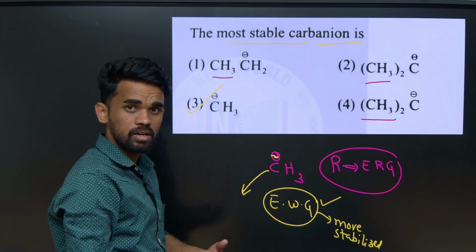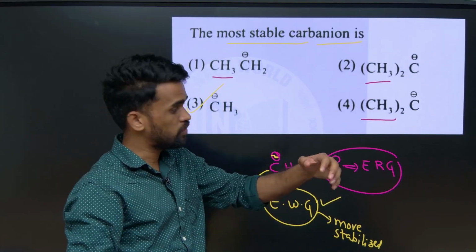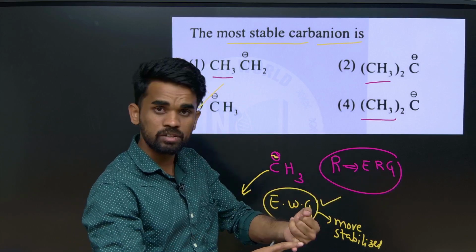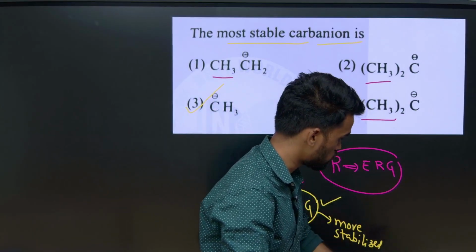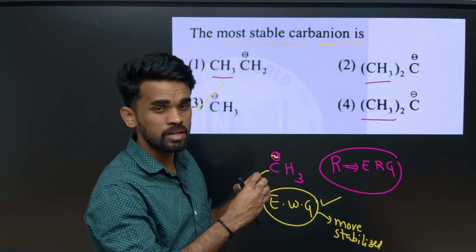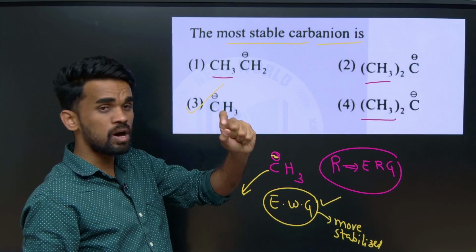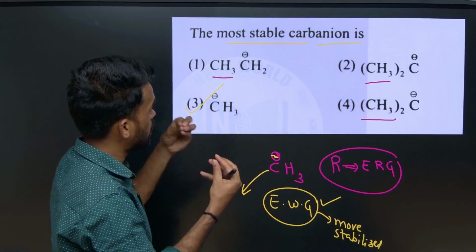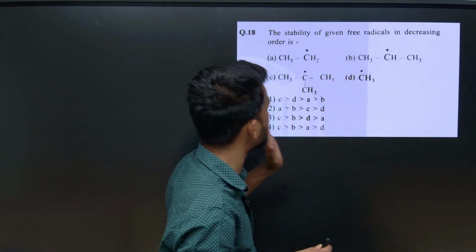If it is not clear, just wait a few more days, take a screenshot and keep it with you. We will solve these questions again after studying inductive, mesomeric and hyperconjugation concepts. So no worries. Those who follow the class very sincerely can tackle these questions with the small known things. Whatever known things are there, you can solve with those points itself. I mentioned a few points, and based on that we are solving here.